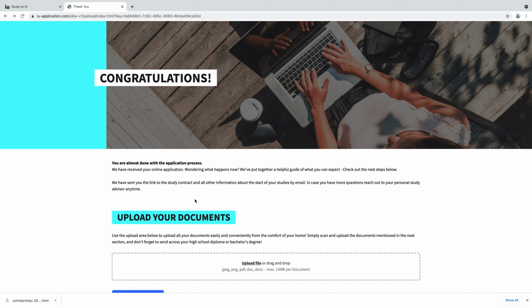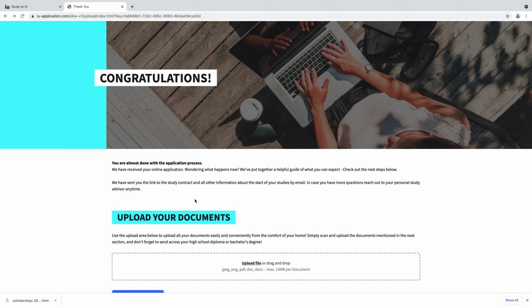So here upload your documents, and which documents you have to upload: your CV, undergraduate degree certificate, proof of required professional experience. And if you are applying for bachelor degree, then this is not necessary, this is optional. But if you are applying for master degree, then you have to upload your professional experience. Then next is proof of English proficiency. So you have to provide English proficiency certificate, TOEFL or IELTS.